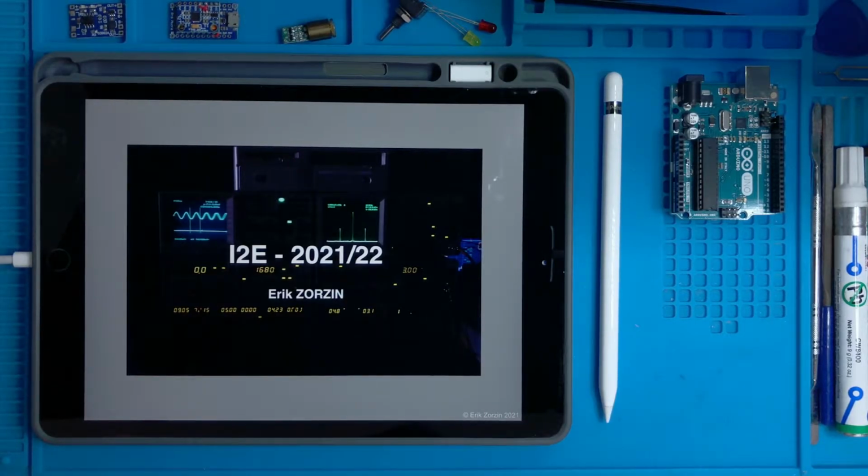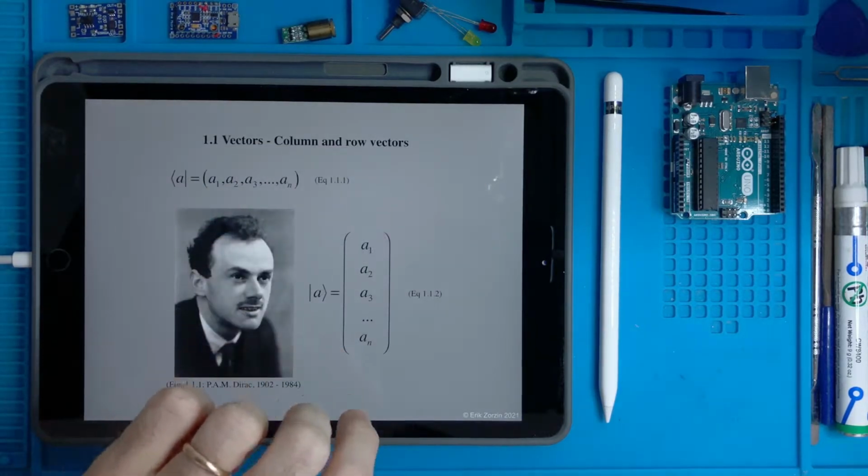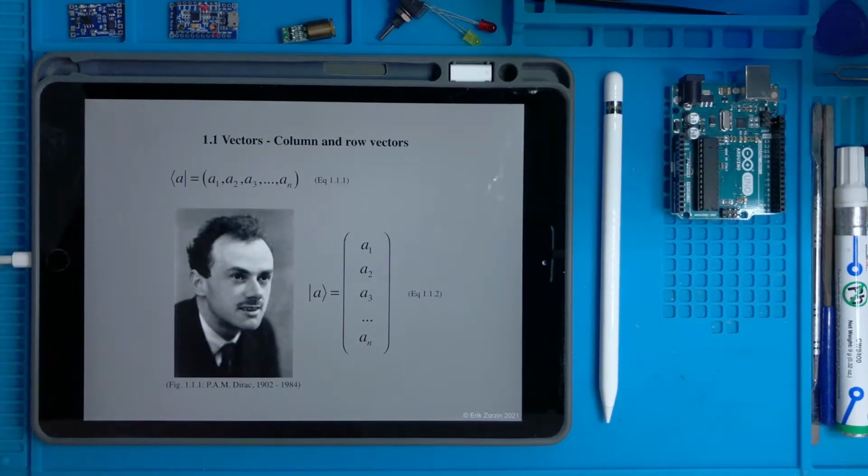But they are absolutely necessary because otherwise we don't have the tools to understand what we do in electronics. So let's start with the first topic. We need to speak about vectors.